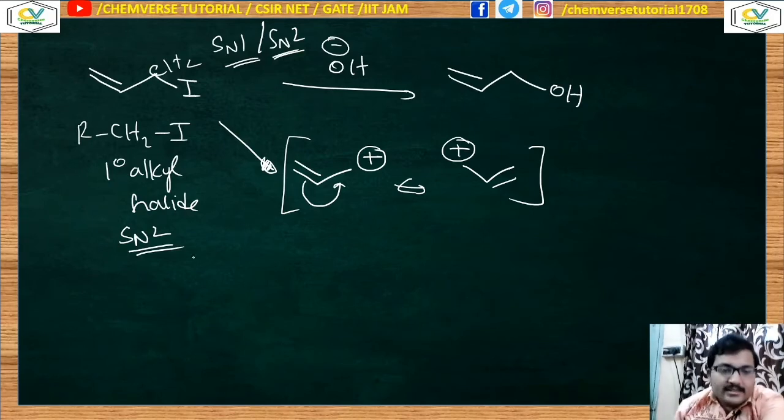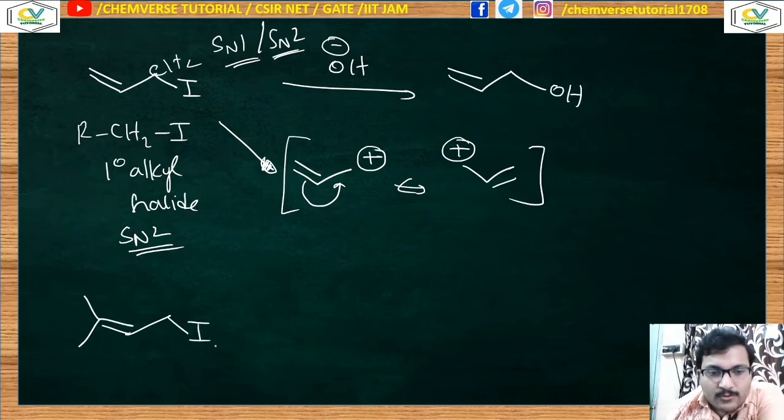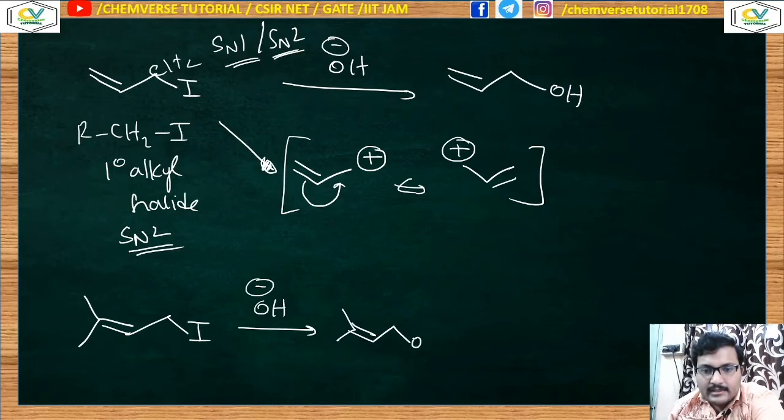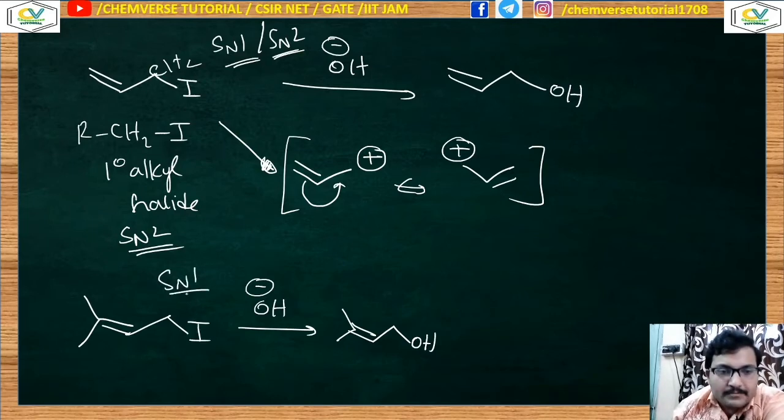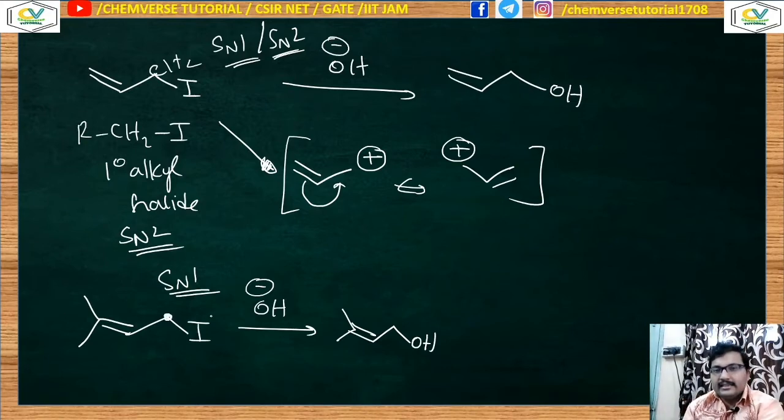Now there is another substrate which is this one. Over here, if I give you this nucleophile, it is giving the product. Now it's not a borderline, it is purely following SN1. Now the question arises, why? Because in this case, look at this center. There is a primary alkyl halide, so there are two hydrogens over here. So it's a primary alkyl halide, and it should follow SN2 from our earlier concept.